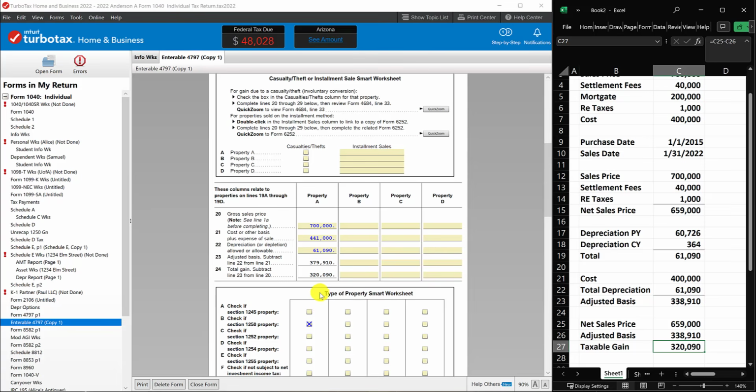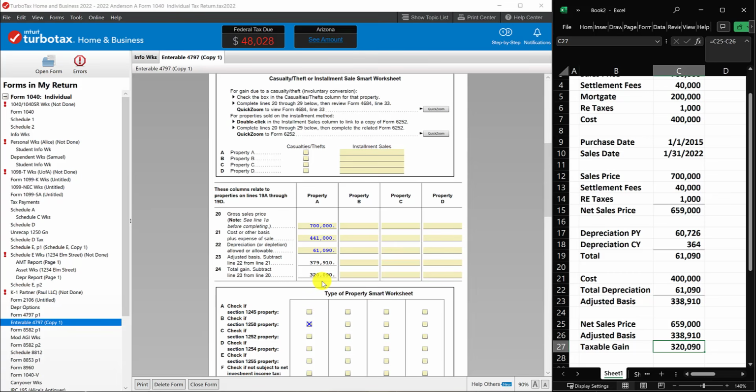Now, if you want to see the tax, because the tax is going to be different for every person watching based on all kinds of other things that could be in your tax return. In this tax return, there's only one thing, all right? So we could see what the tax is on that. It's $48,028. If you recall, this number was 0 before I entered any information about this. I had cleared out this example tax return. So this is the tax